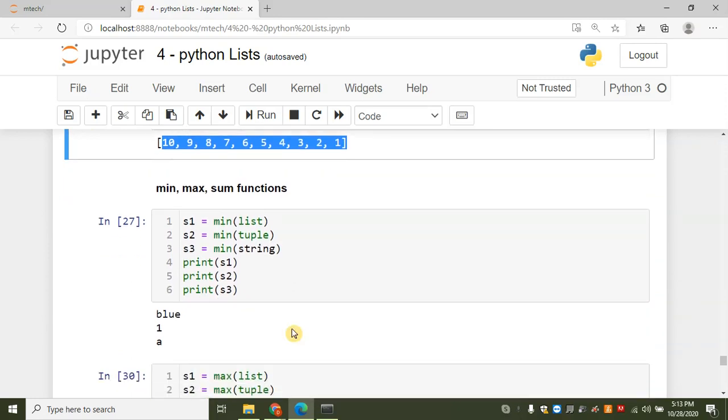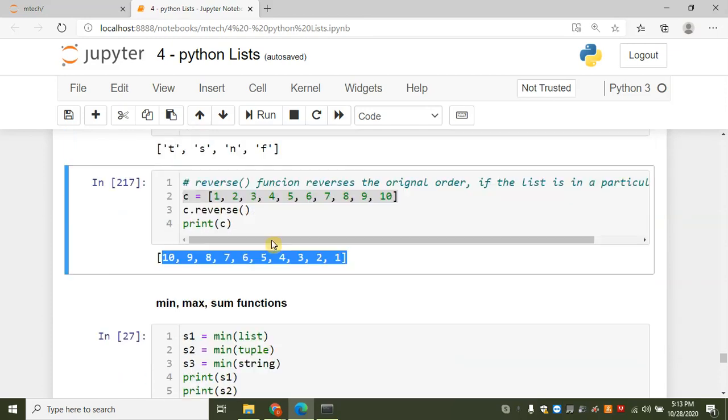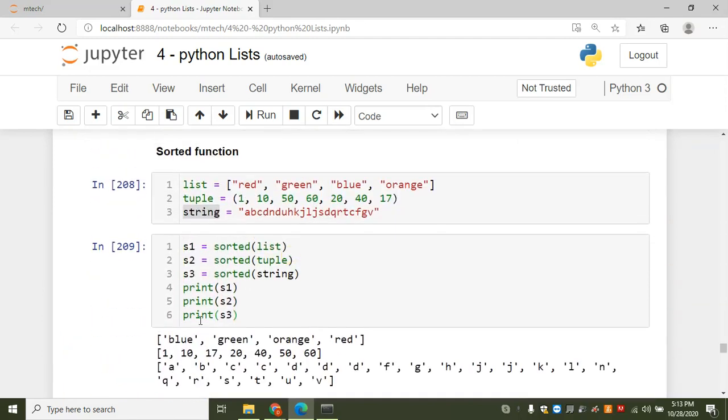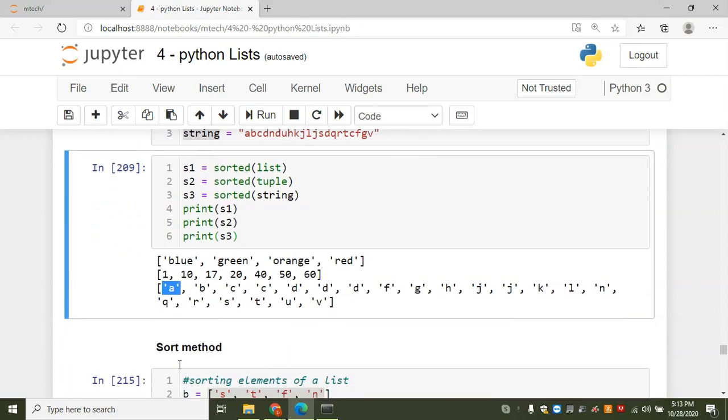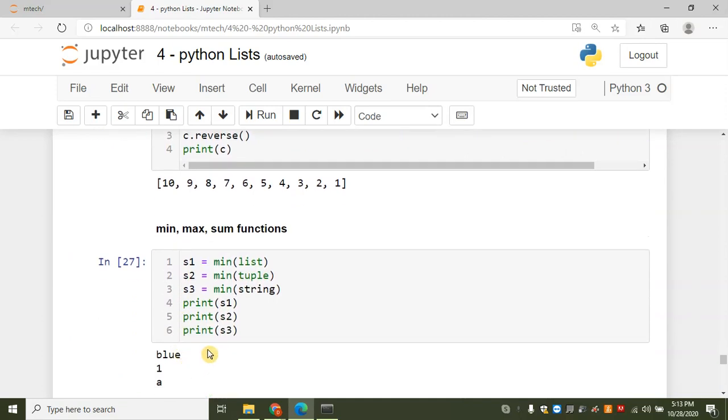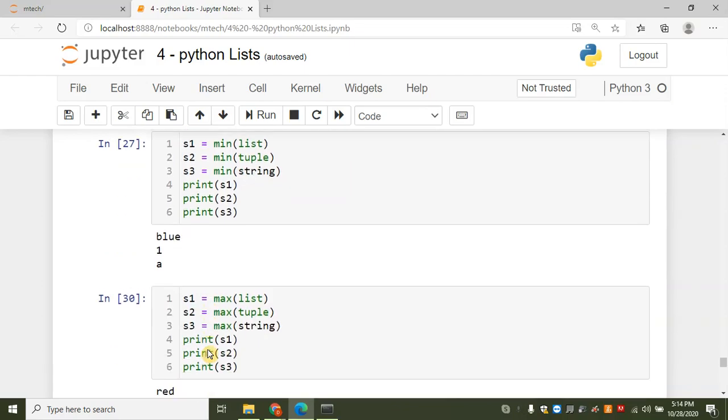Then the functions minimum, maximum, and sum. These three functions can be applied to a list, tuple, and string. So I have applied the minimum, maximum, and sum functions to the above list, tuple, and string. Minimum of this list is blue, minimum of this tuple is 1, minimum of the string is a. That is, after sorting, it is the first element in ascending order.